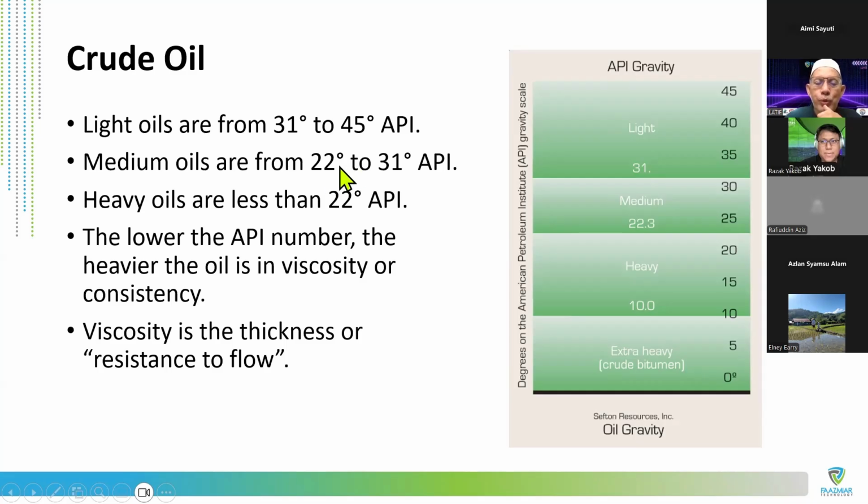And if you have more CO2, for example, the customer will request CO2 of less than 5%. So you have to process it, and only with CO2 at 5% or below can you sell to the market. Otherwise, you have to reprocess again. Heavy oil is mostly less than 22. There's a table about bitumen, which is very hard, about 5 API, which means like a tar. This is a light tar. And like I mentioned, diesel will be in the range of about 35 to 40, or petrol. And 45 is getting close to condensate, which is much lighter.